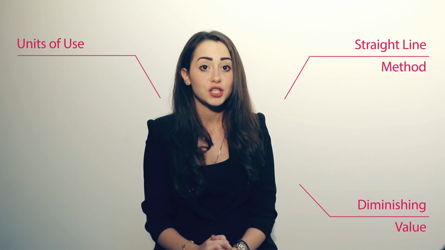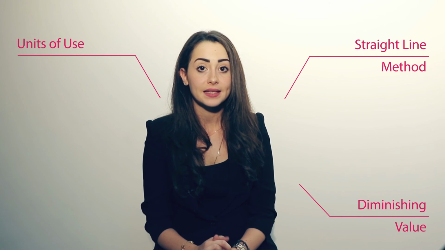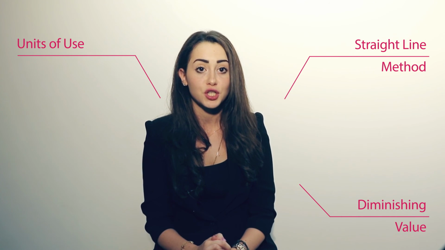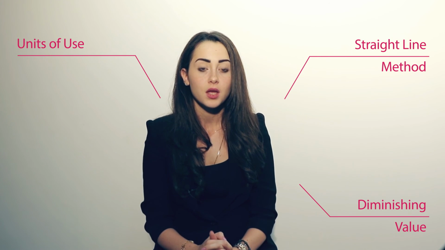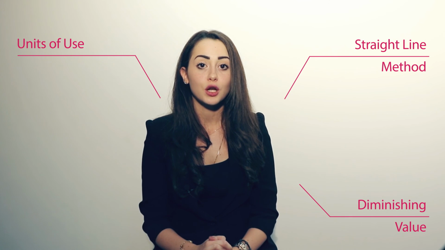Once the depreciation expense has been calculated, you would need to debit the depreciation expense and credit the accumulated depreciation account. The expense account would be closed off at the end of the accounting period and the accumulated depreciation account would be shown as a negative asset in the balance sheet, being deducted from the specific class of asset